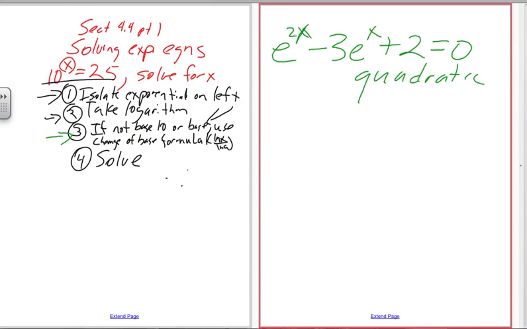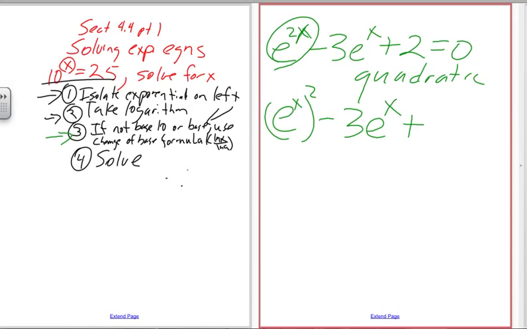I'm going to show you why. First off, when we take a look at this, e to the 2x is the same as e to the x squared minus 3 e to the x plus